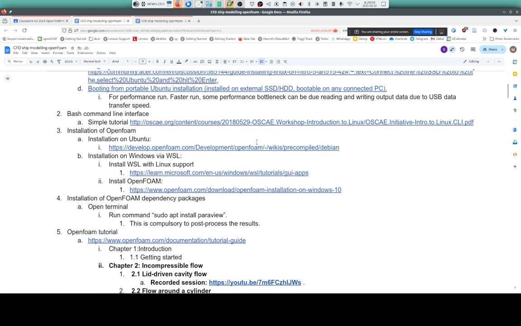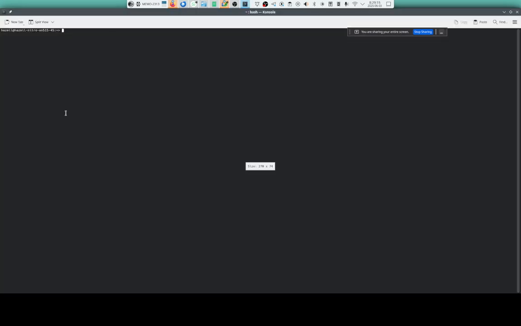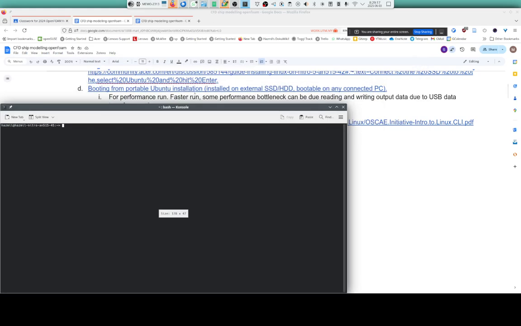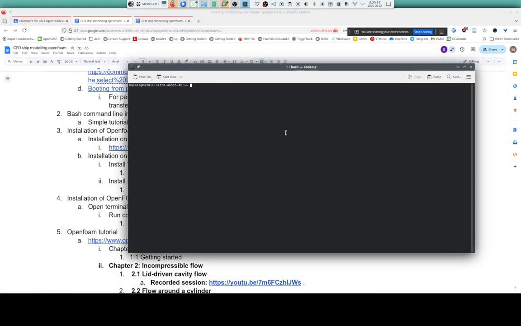And then for using OpenFOAM, you cannot avoid dealing with the command line interface like this one. You have to type some commands. But basically,